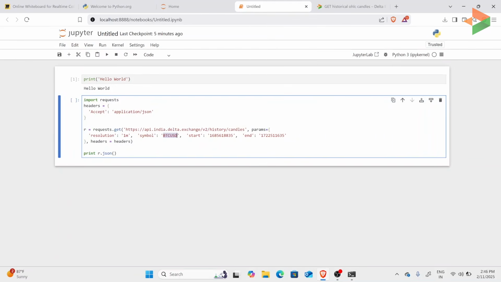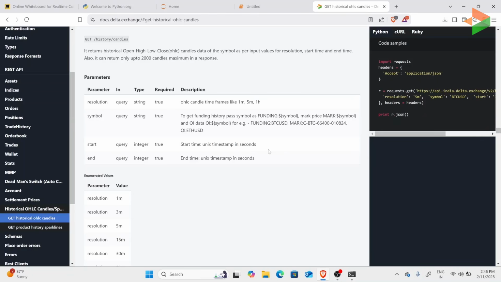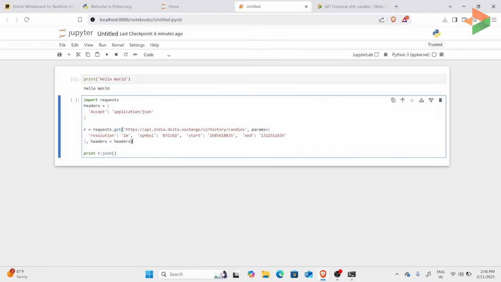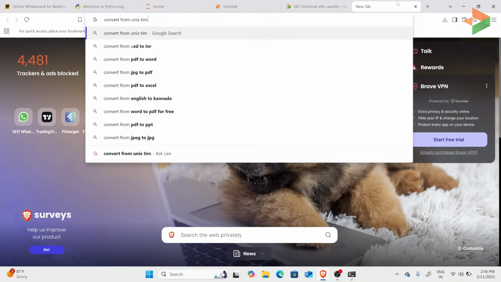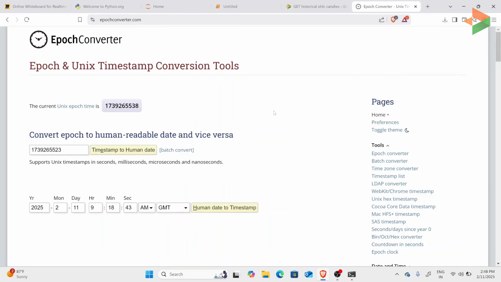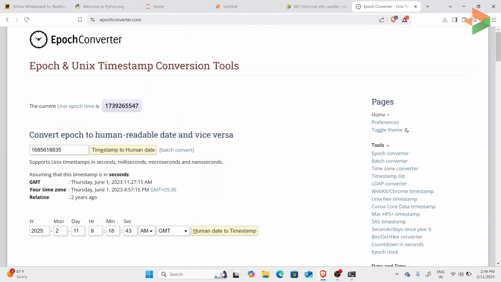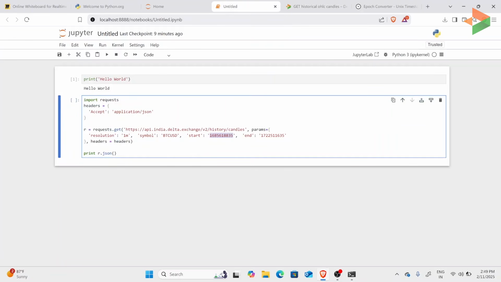And then we have the start time and the end time. As you can see, here it is in something called the Unix timestamp. So if you want to see what exactly this is, you can just search for convert from Unix timestamp, right? So here I have opened a Unix timestamp converter, and you can just paste the start time and you can click to human date. So you can see that they have put the start time as June 1, 2023, right? So in the sample code, it is June 1, 2023, and the end time is going to be,